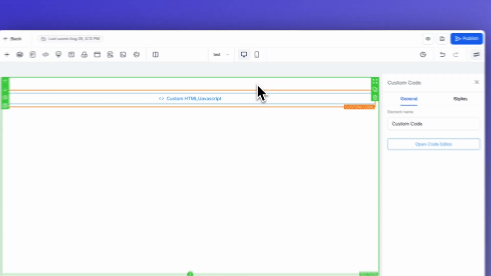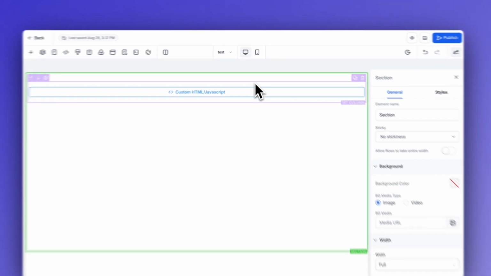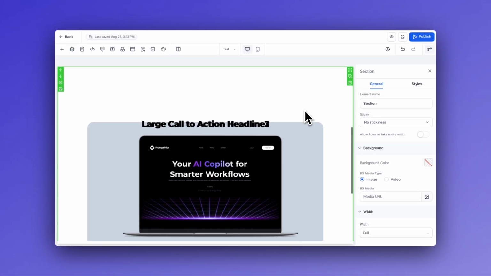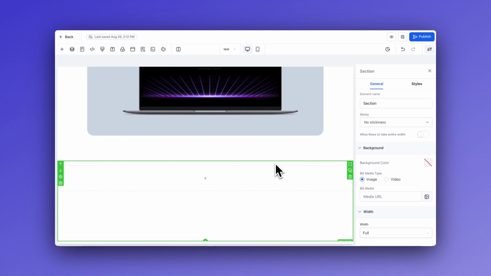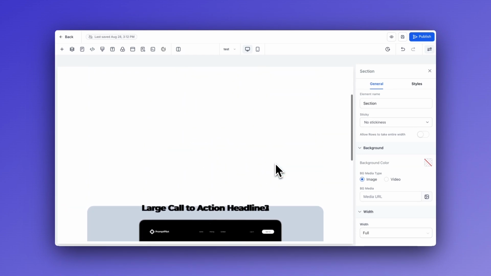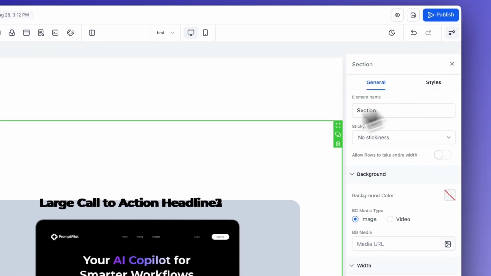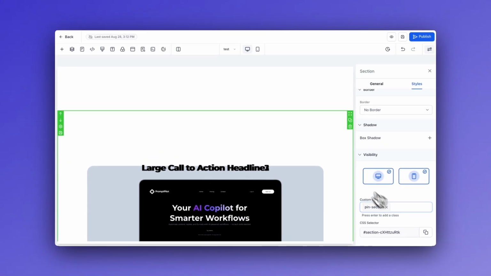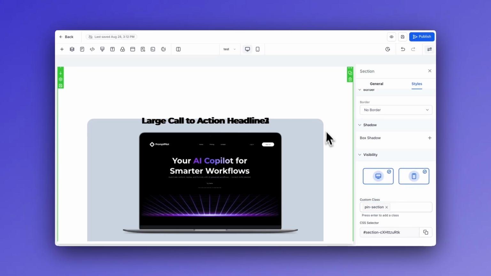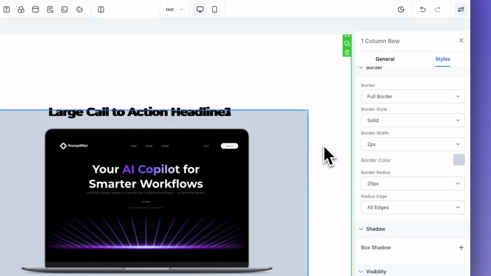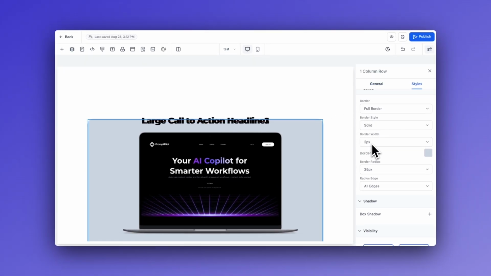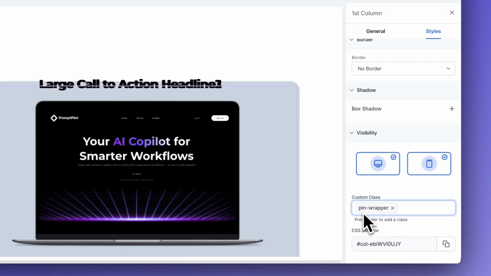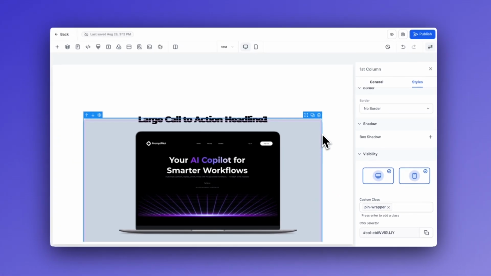First things first, you would need obviously a normal section with some custom JavaScript, and then you would need the section for the effect. The next section, don't mind, is just for us to scroll so you can see the effect better. But you need one section, green section, that you add the custom class pin section to. Then inside it you add a one column row, and not on the row, this is the row, this one doesn't have any class, but on the column you add the custom class pin wrapper, and inside the column you